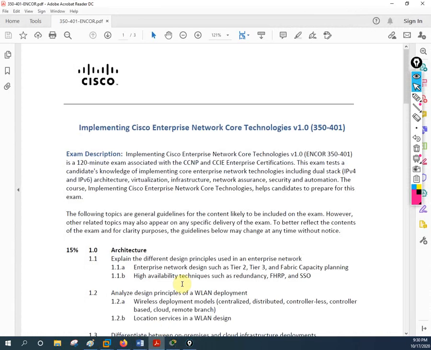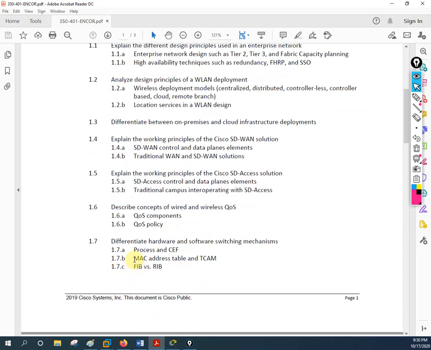If you see here, this is the syllabus paper. Let me show you. We are going to cover the MAC table and CAM table in the next video. So let me tell you whatever we can discuss about the switch. We are going to discuss the basic things about the switch. I hope you already know this because we learned it in our CCNA series. Already in our CCNA 200-301 series we learned this, but anyhow we are going to cover it